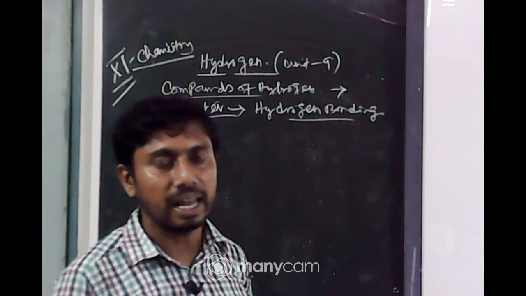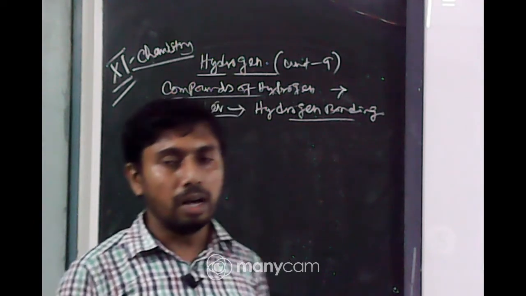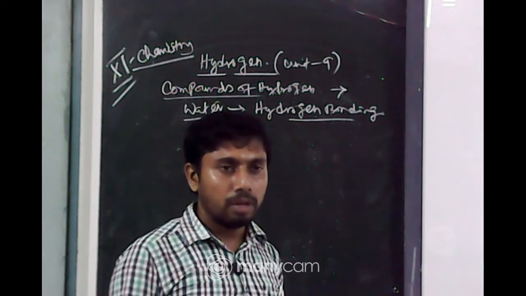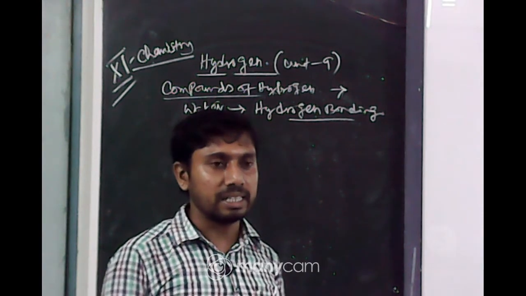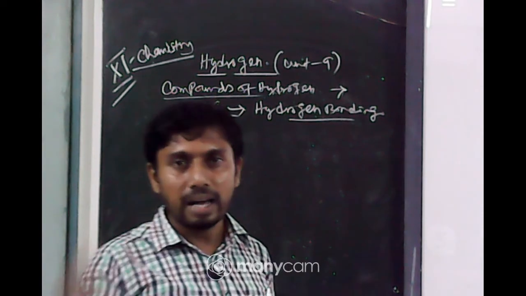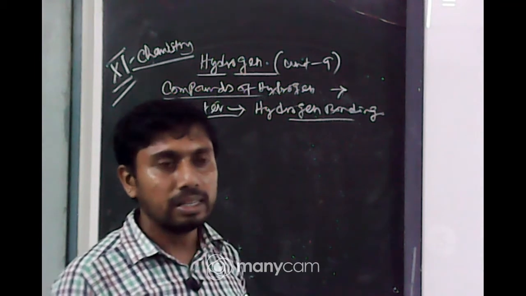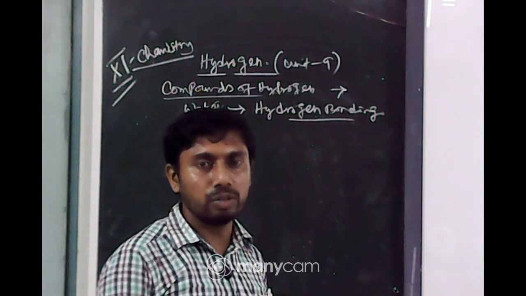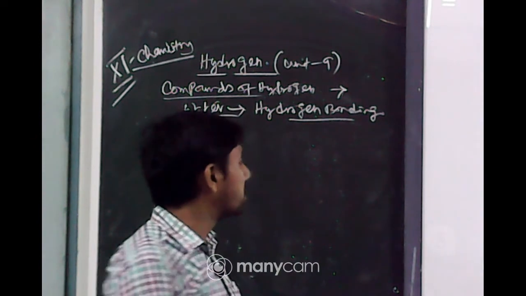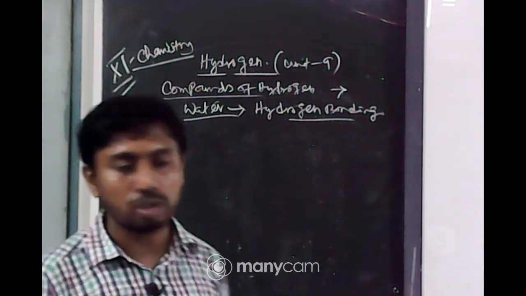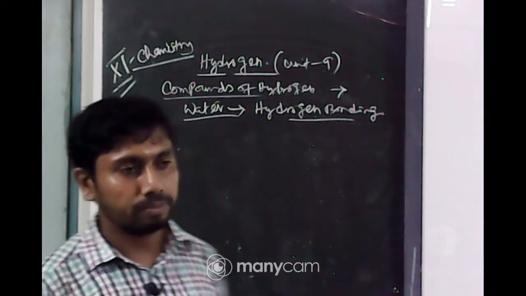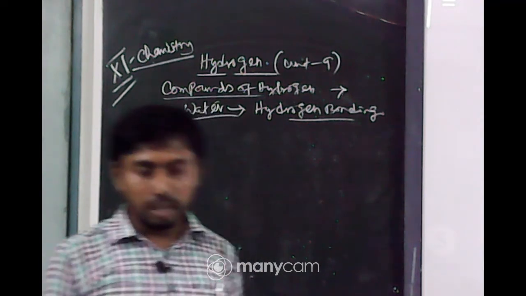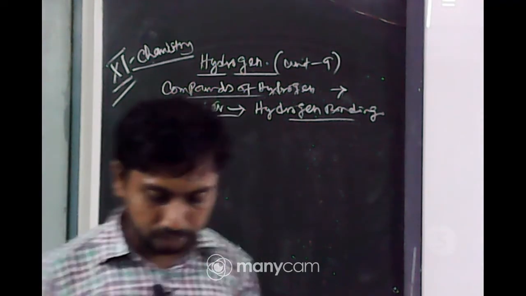So, for the cage-like structure, the water molecules are spread out, that is the surface area will be large in the ice, but in the case of water the surface area becomes low, and it is due to less hydrogen bonding. So, for this reason ice floats on water, but water is more dense.